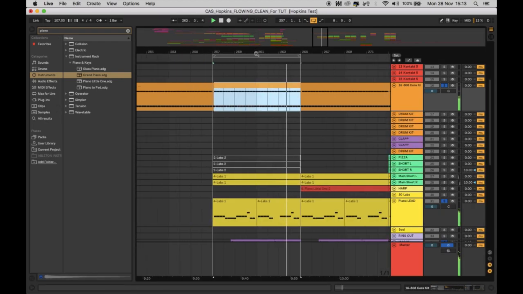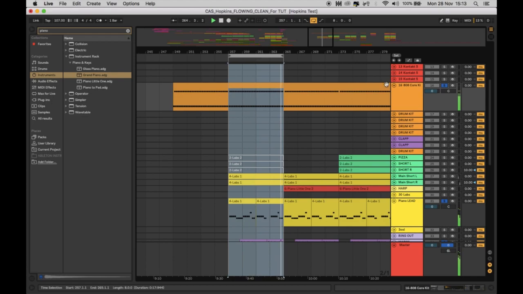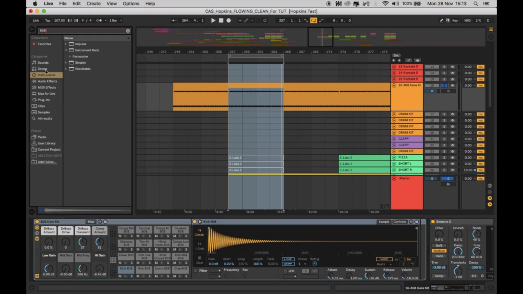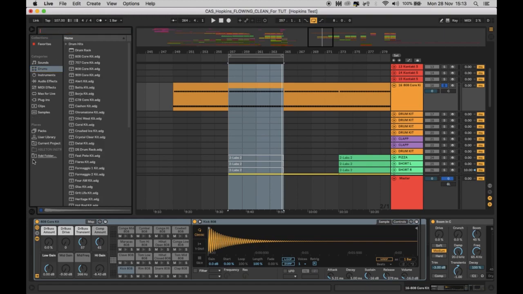Here we go. We got a little bit of a groove now. So just to show you what I do with that 808. The 808 normally has quite a heavy low and a heavy attack. So what I do is, as you can see, it's just the 808 that everyone's got in their drum rack, just a drum 808. And in this case, I just use the kick and the